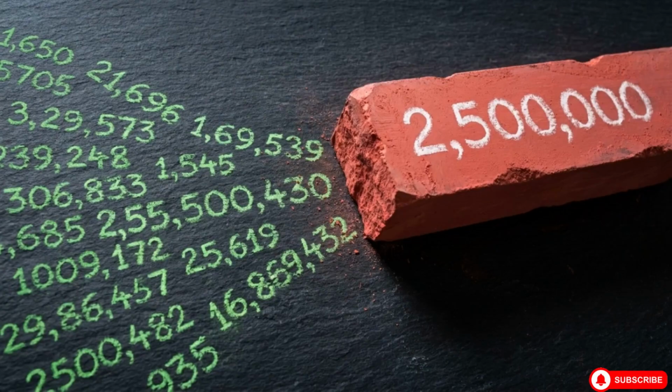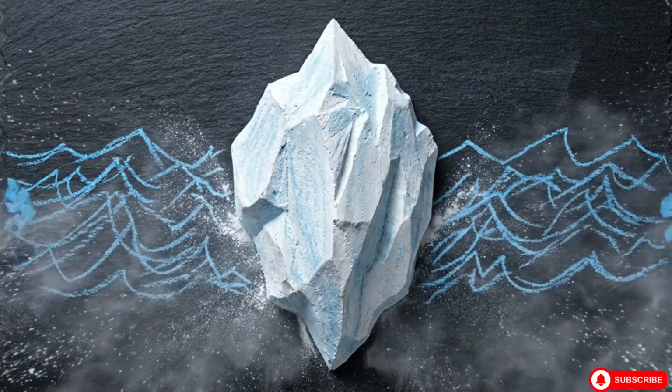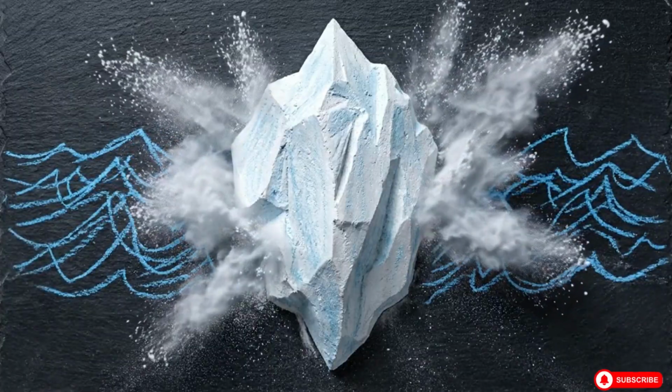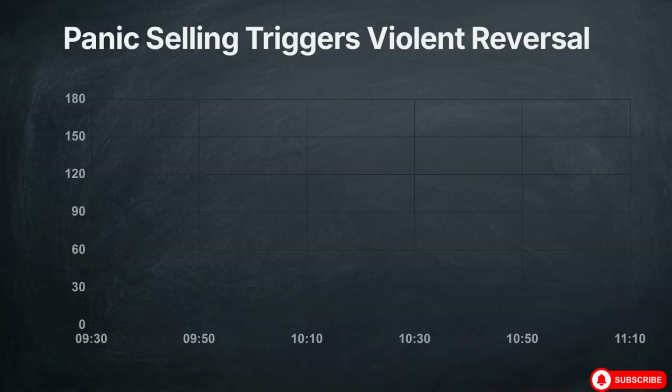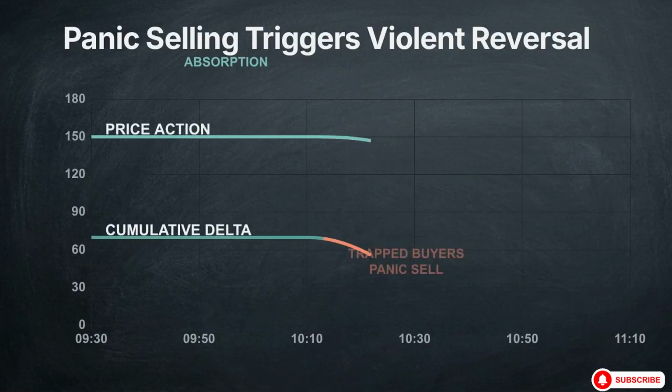This specific divergence means an immense amount of aggressive buying is hitting the market, but hidden institutional limit orders are absorbing all of it. These are often iceberg orders. An iceberg continuously reloads its limit size behind the scenes, neutralizing the aggressive wave until the buyers are exhausted. When the aggressive buyers finally run out of capital and realize they are trapped, their immediate panic selling triggers a